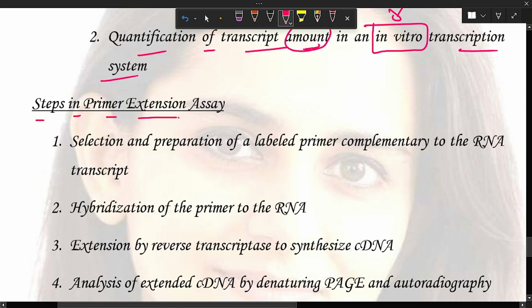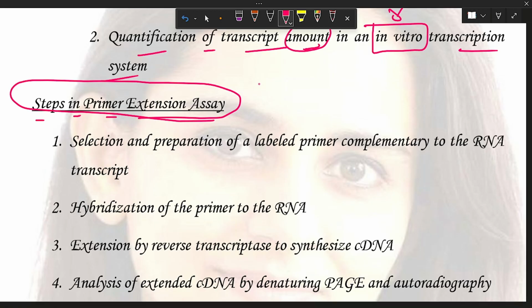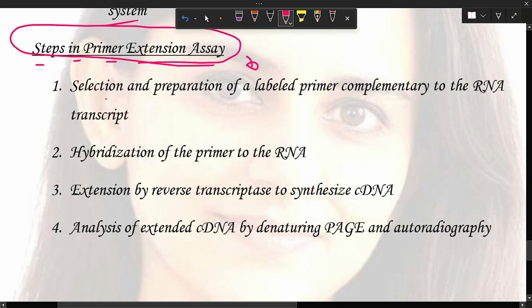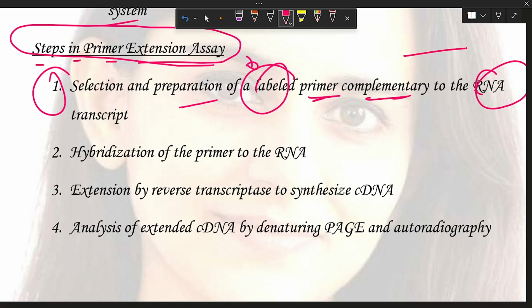Steps in primer extension analysis. We already discussed all the steps, but now in a simple way. First, we select and prepare a primer which is labeled. We take any sequence and make a primer, and that will be the labeled primer.